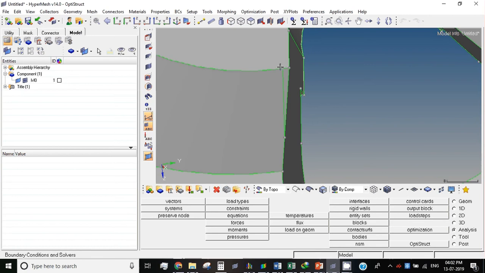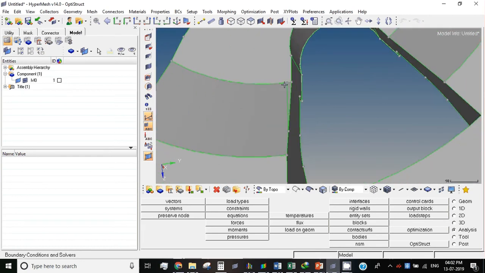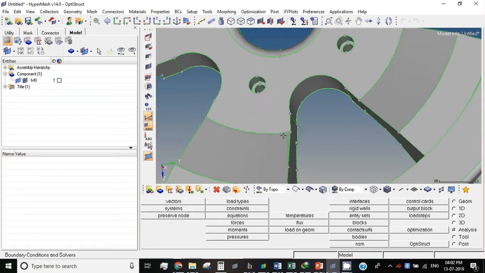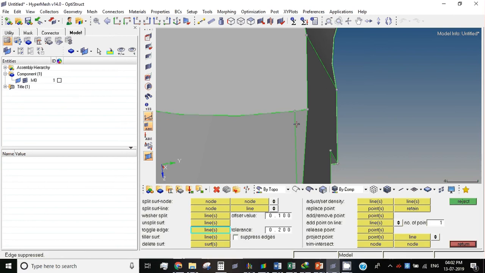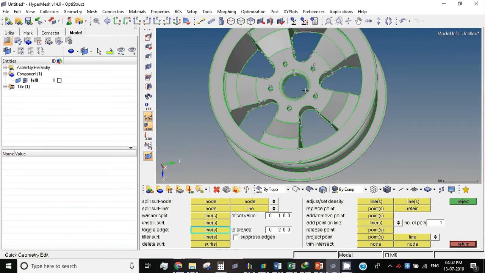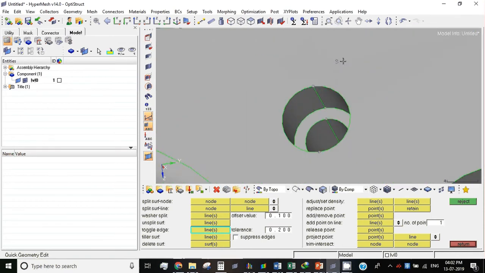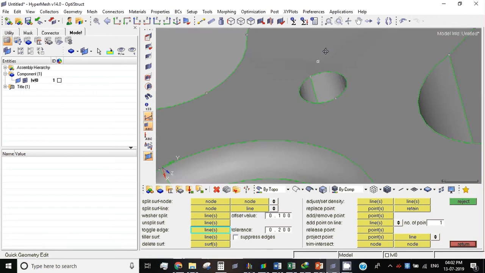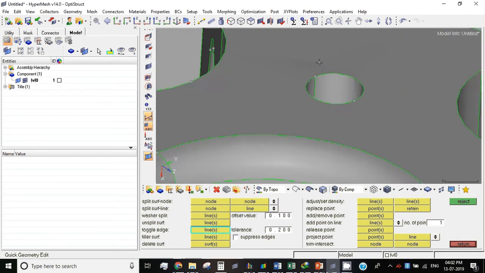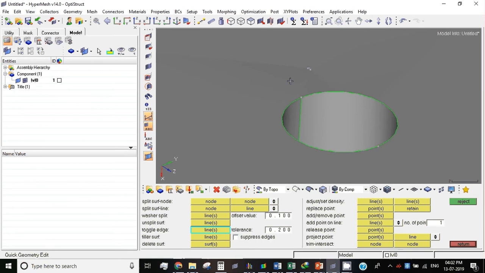Okay, these are the unwanted lines, you have to toggle them. You can unsplit, but it is difficult to unsplit. Sometimes the surface itself will warp and bend. So don't delete it. Just go to F11 and toggle this surface. Okay, this surface I have toggled, but somewhere some nonsense surface has been created due to some CAD error, which I don't want inside this, and I want to delete it.